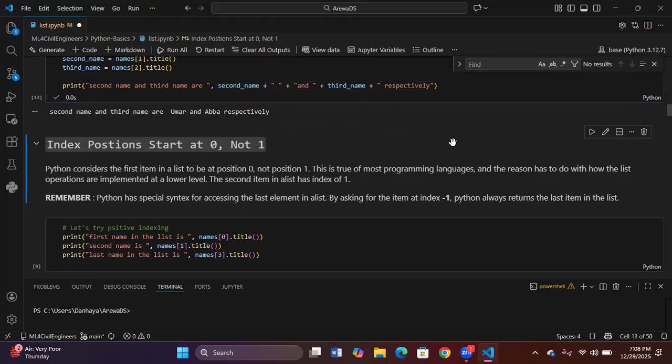Whenever I want to count the index or the position of an element, I always start with 0. This is what this is telling me. Python considers the first item in the list to be at position 0, not 1. This is a great mistake that most beginners in Python experience, so please try to avoid this. Whenever you are counting, always start counting with 0, so we have position 0, then 1, 2, and 3. This is true for most programming languages, not only Python, and the reason has to do with